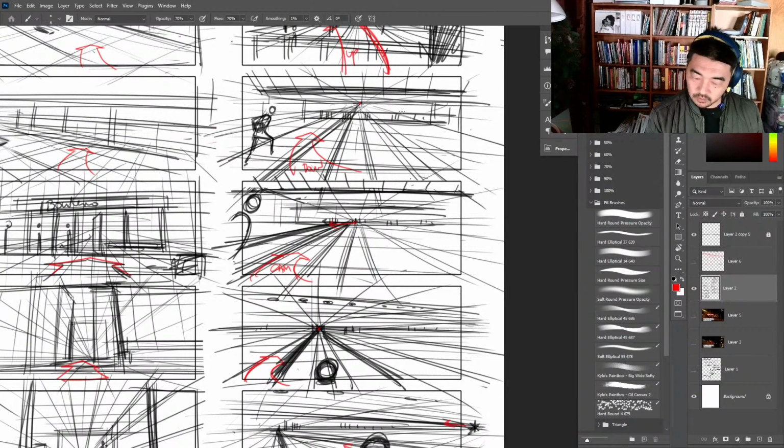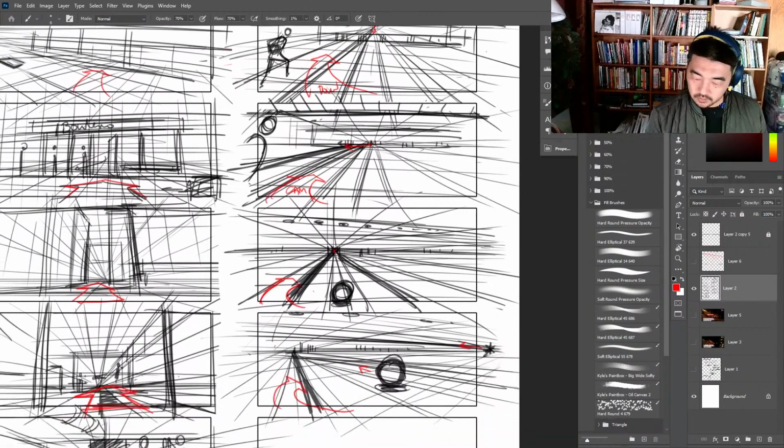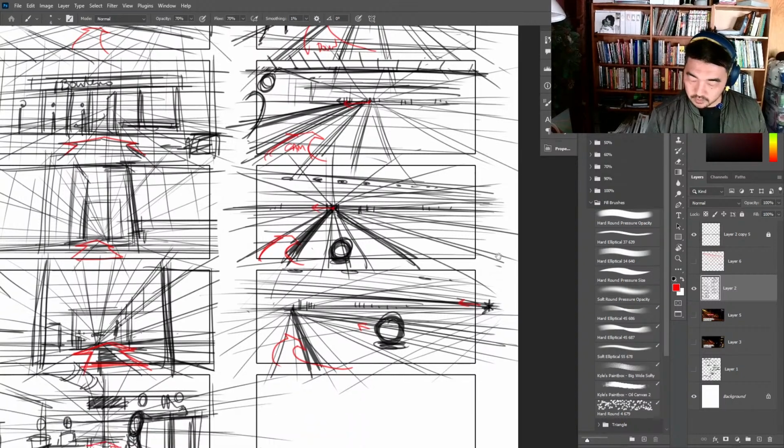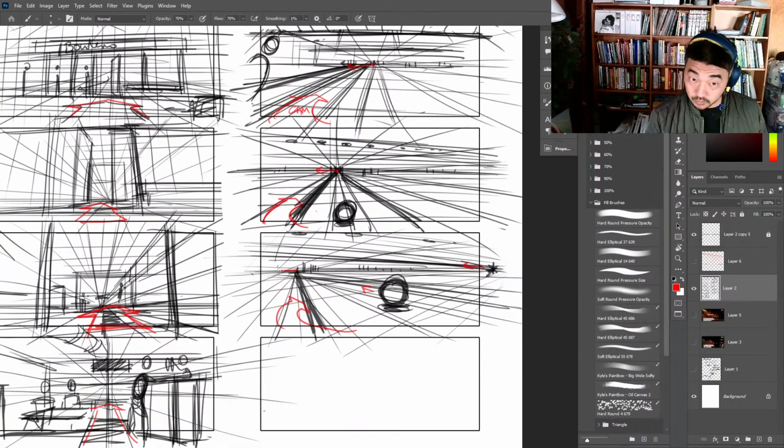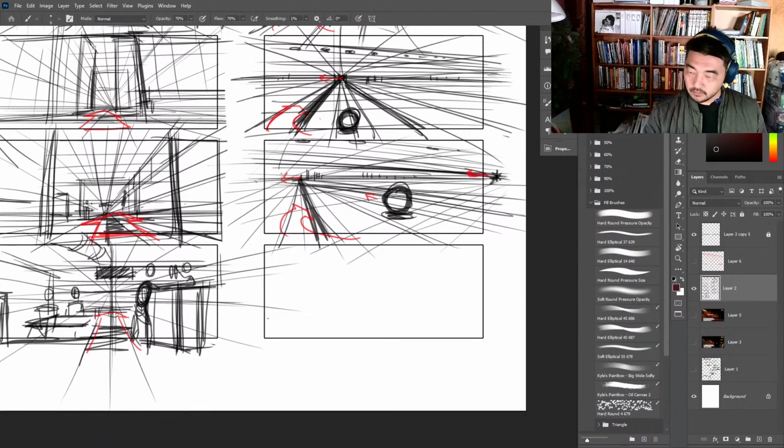This vanishing point is moving down this way. This vanishing point is still moving this way. This vanishing point is going to move off the frame, and this one's going to start moving into frame. So I'll put it right here.